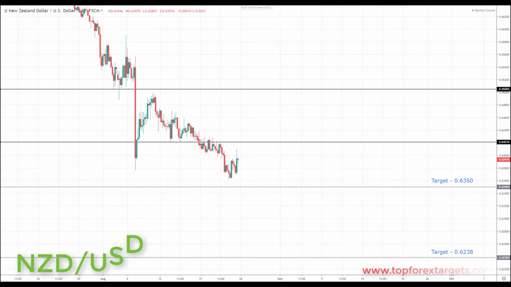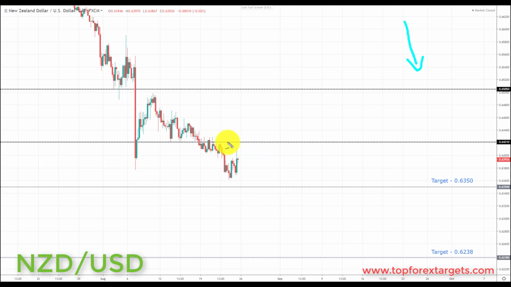So next market we're going to look at is New Zealand dollar. Now, as you can see, we're actually trending to the downside in the New Zealand dollar. We are still structured to the downside, even though we're looking for a decline in the US dollar index next week. What this means is the next move we would be looking for is declines to the downside, but with a weaker dollar, this could be quite risky.